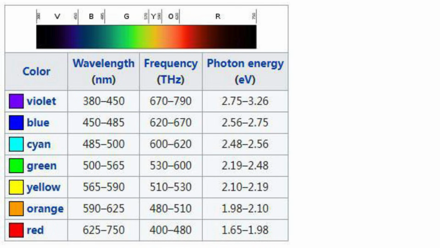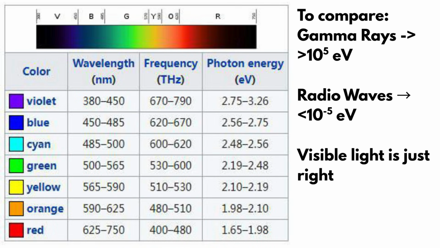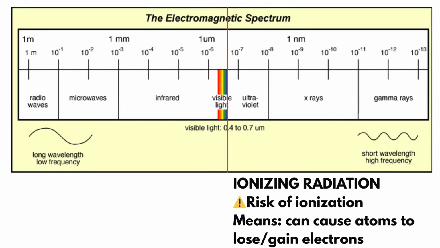Visible light also carries just the right amount of energy. The photons are energetic enough to trigger chemical changes in photoreceptor molecules, enabling vision, but not so energetic that they routinely damage biological tissue, like UV radiation can. We call radiation ionizing if each photon carries enough energy to remove electrons from atoms or molecules, creating ions. Examples include UV, X-rays, and gamma rays. This process can directly damage DNA and other biological molecules, which is why ionizing radiation is considered especially harmful.